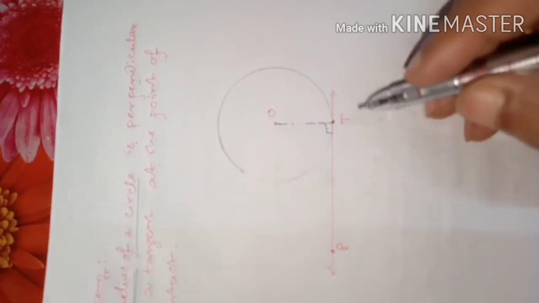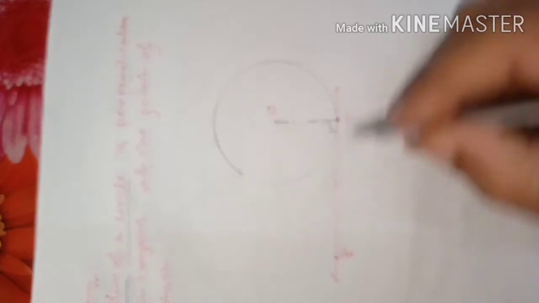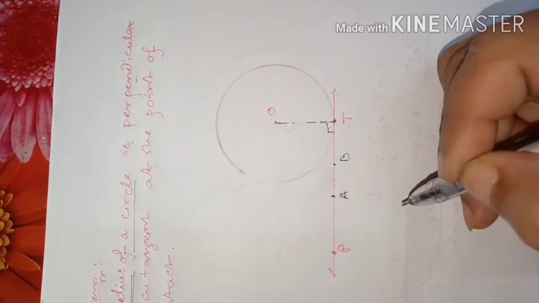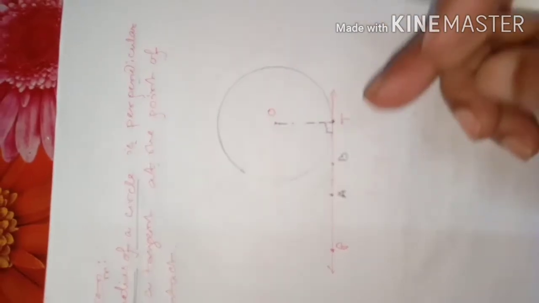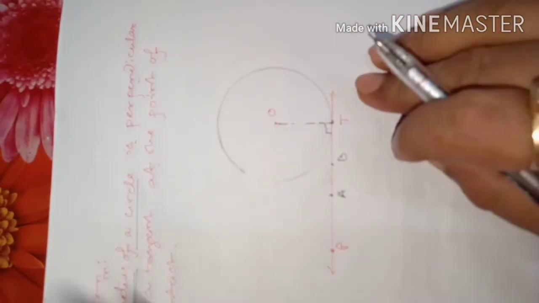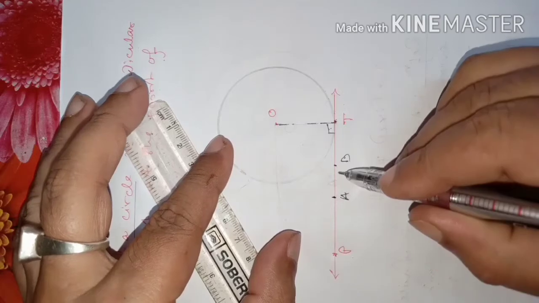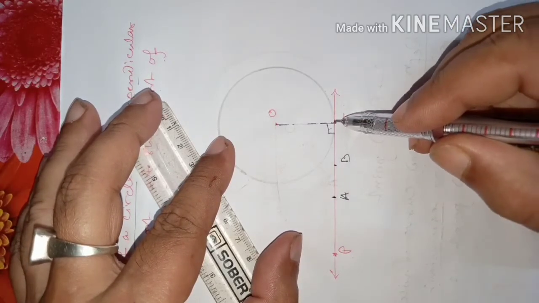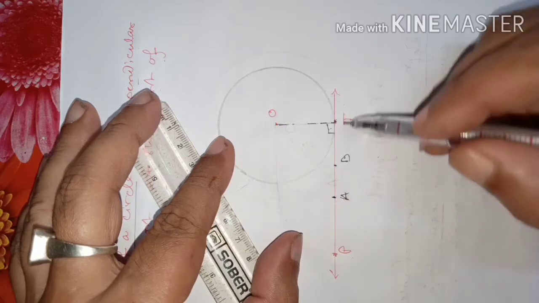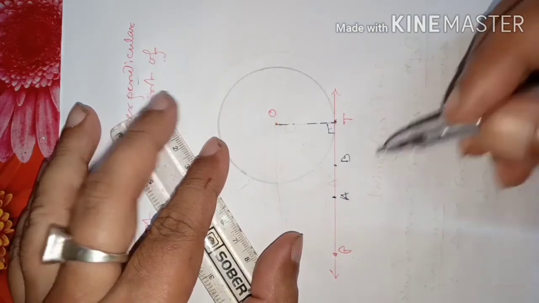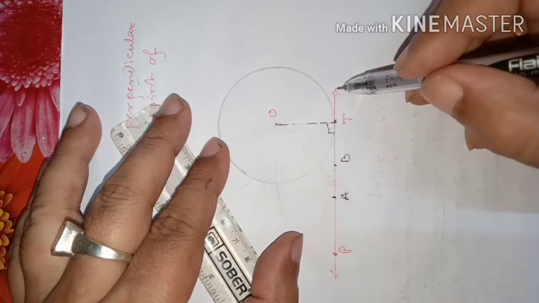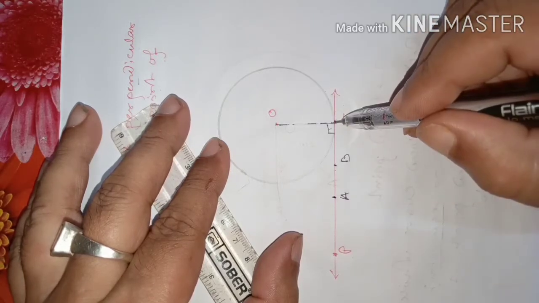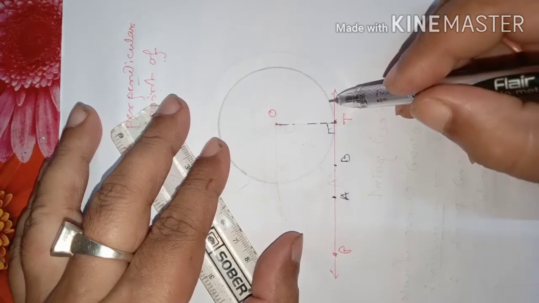So for our proof, I select 2 more points on this tangent, point A and point B. Okay, again you can select so many points. I am not saying 2 points are enough. Students, you tell me, points A and B, they lie where? On the tangent. But what is the difference of points T, B and A? What is the difference of their position actually? I am asking you. Points A and B are only on the tangent. Point T also is on the tangent. But one speciality is that point T is also lying on the circle.